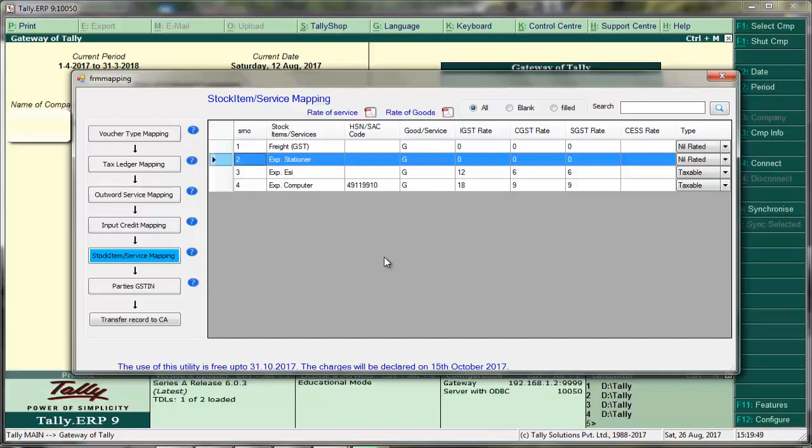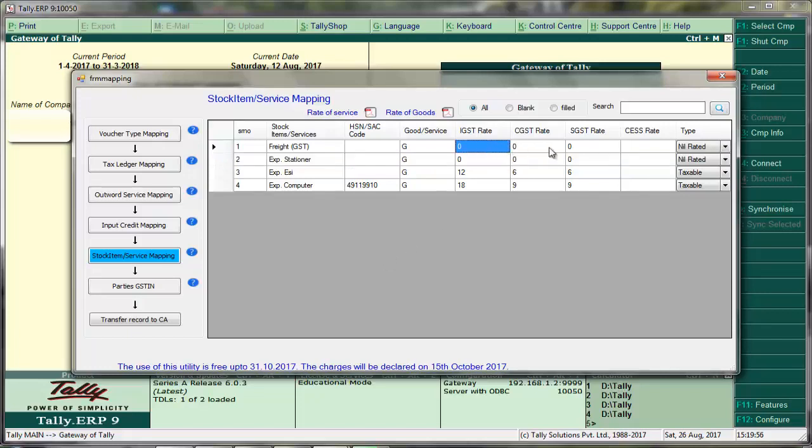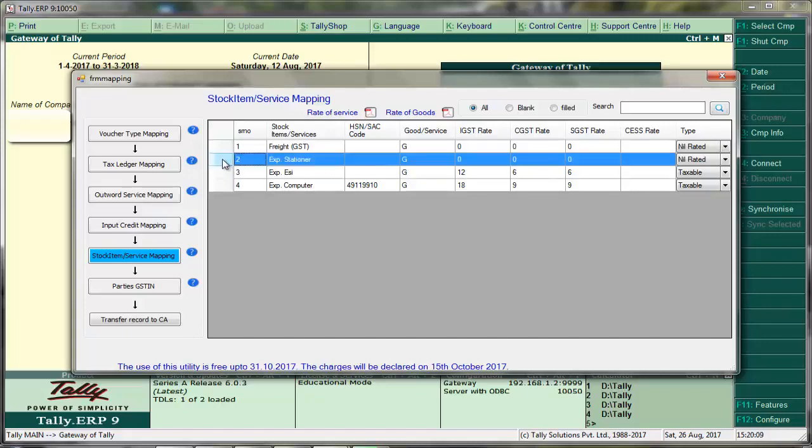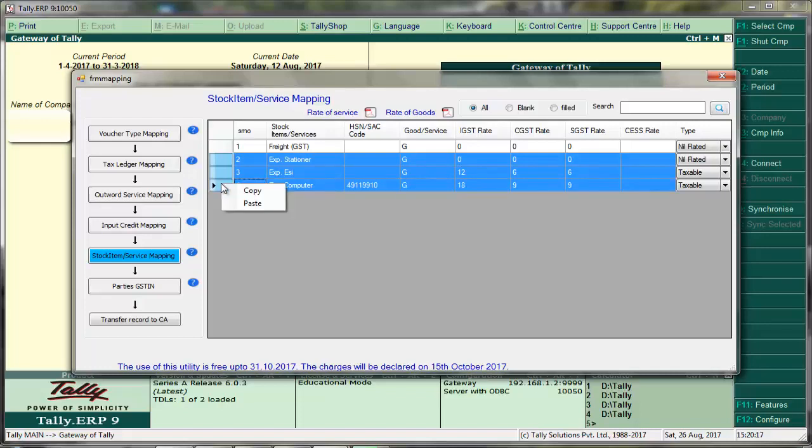And if user wants to paste copied data in a selected range, then copy the data first. Select the starting row of the range. Then press shift. Then select the last row of the range and paste the data.